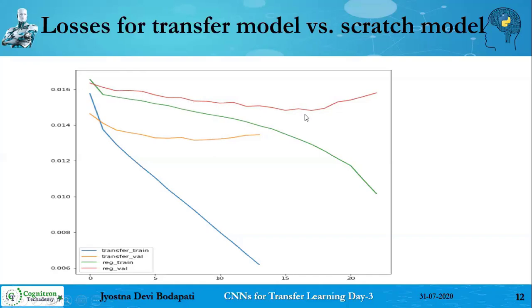Whereas in the transfer learning or fine-tuning case, the loss is going down very quickly. Within 10 epochs itself, I reach the minimum. But in the other case, the loss is going down very slowly. So that's the difference between using the fine-tuning approach and training the model from scratch.